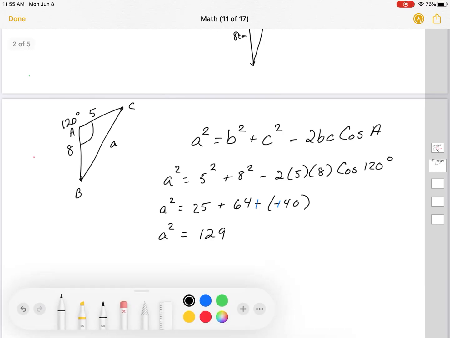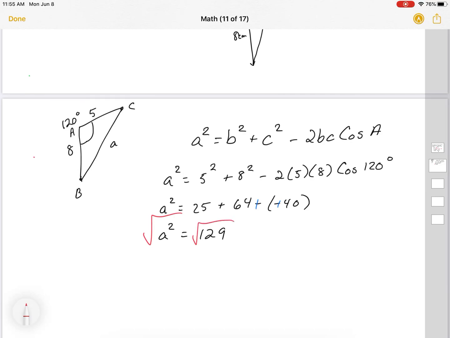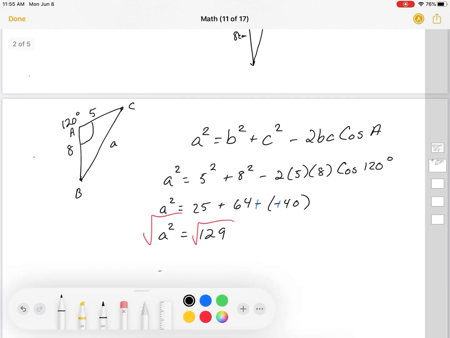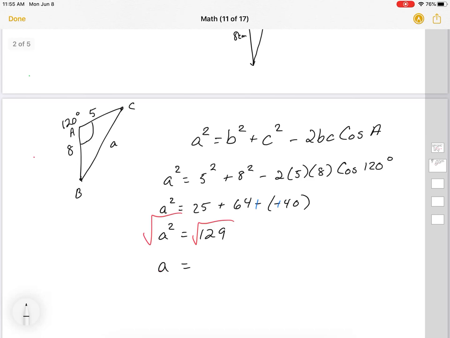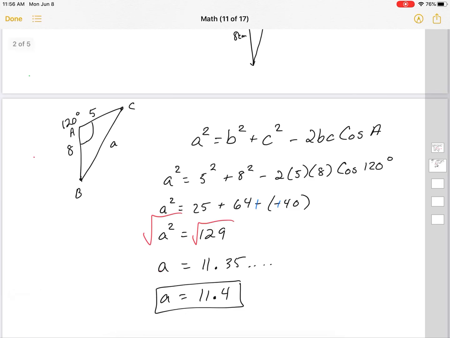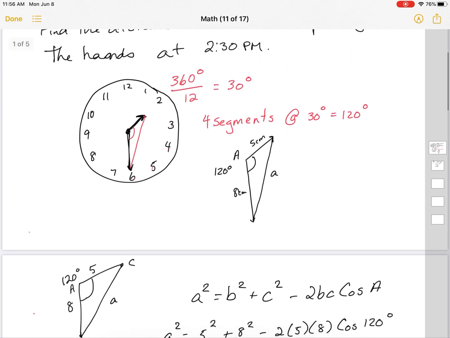So I'm going to take the square root of both sides. So from that, A is equal to square root of 129 equals 11.35, and so on. What does the question say? To the nearest tenth. So this would be 11.4. Now, again, this is just similar. You're going to have to figure out your new triangle. And it's best to sketch that clock first to see how it all lays out